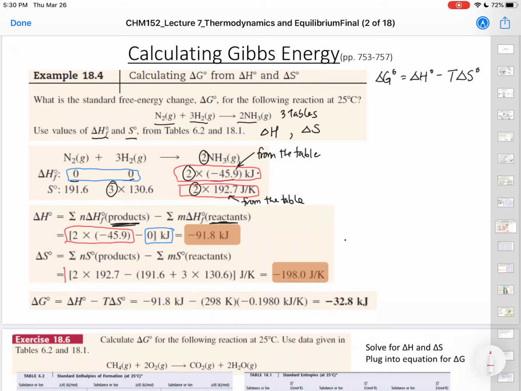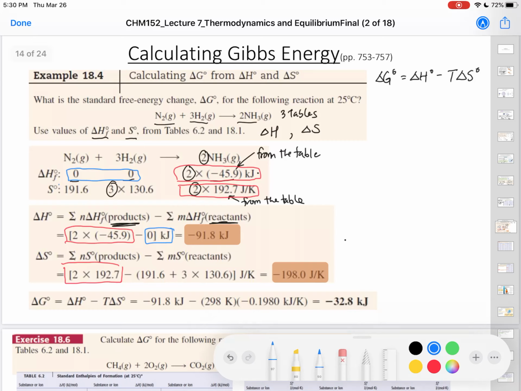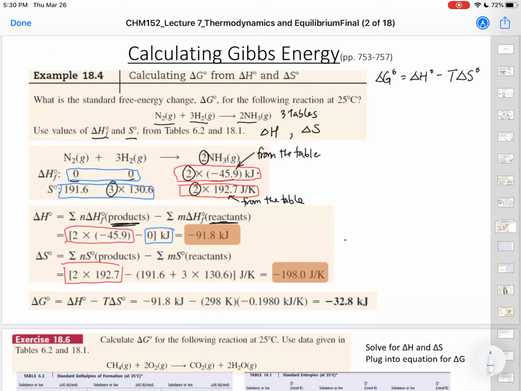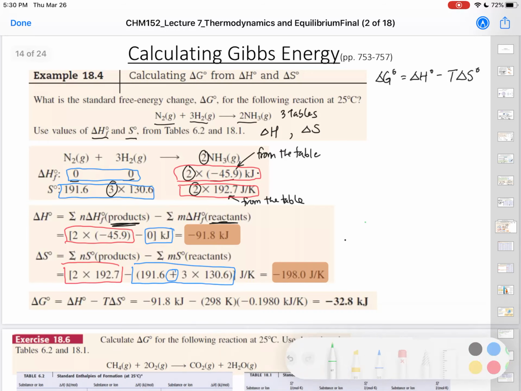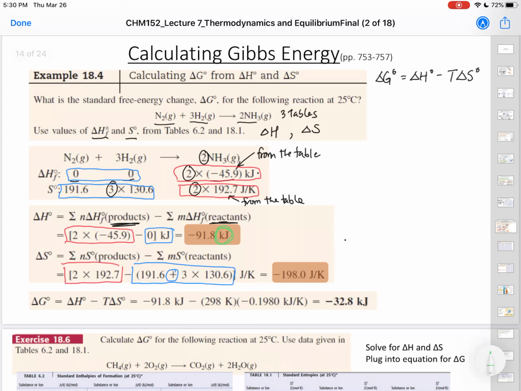And they get 91.8. Then they're going to take again the product and subtract it from the reactants. And again, it's the sum of the reactants, okay? So again, make sure you add them. It's the sum, okay? And so they get minus 190 joules per Kelvin, okay? Very, very important. Notice here,